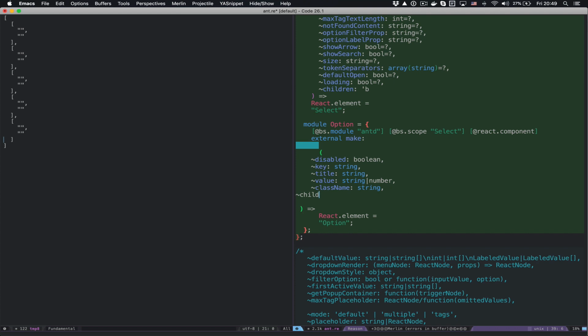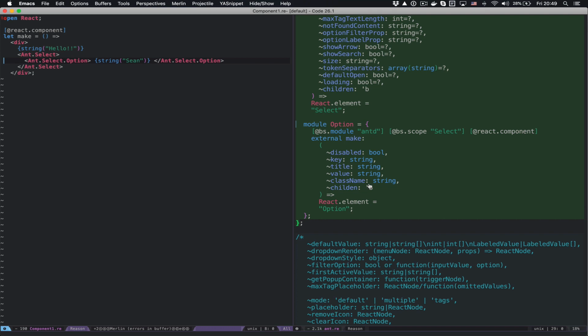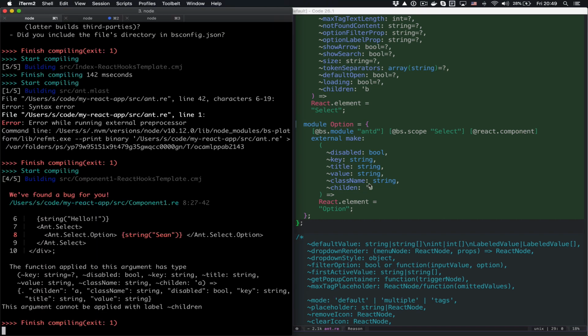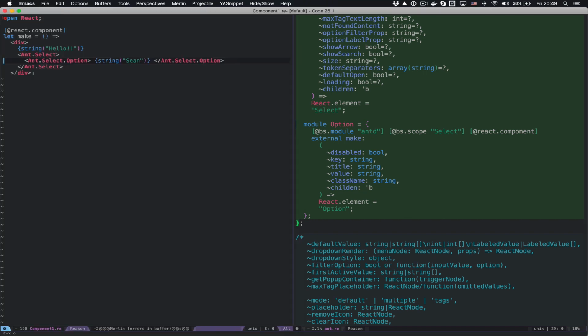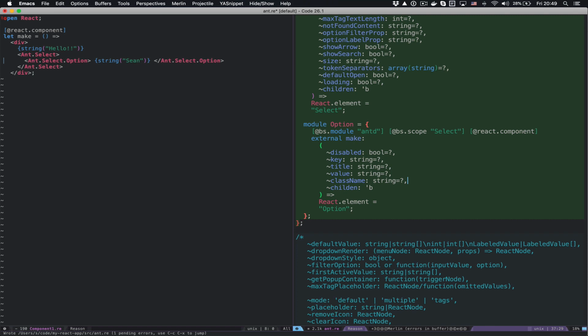There are also children are required for an option. You can't have a blank one, so I'm going to say that's a B. And we'll say the value, I'm just going to lock it down to a string for my purposes. Okay, so this should be good. And let's see how happy our compiler is. So again, we're missing lots of different properties, so we've got to make it an option. So let's go ahead and replace the string, looks right,